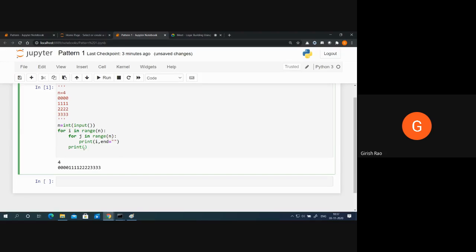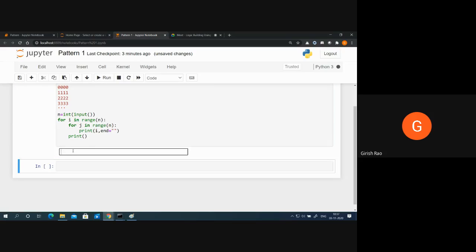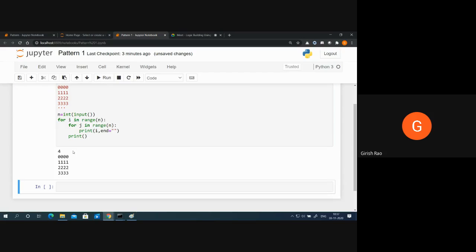Take the cursor to the next line. The next value is 2 because we started with 0. Then it was 1. Now it is 2. Is 2 less than 4? Yes. Again j will be 0. Yes or no? Right? So if I run it again and type the value 4, what should happen? I should get 0, 0, 0, 0, 1, 1, 1, 1, 2, 2, 2, 2, 3, 3, 3, 3.